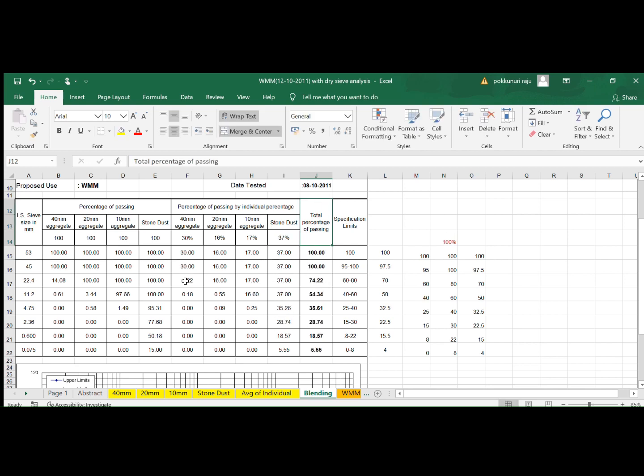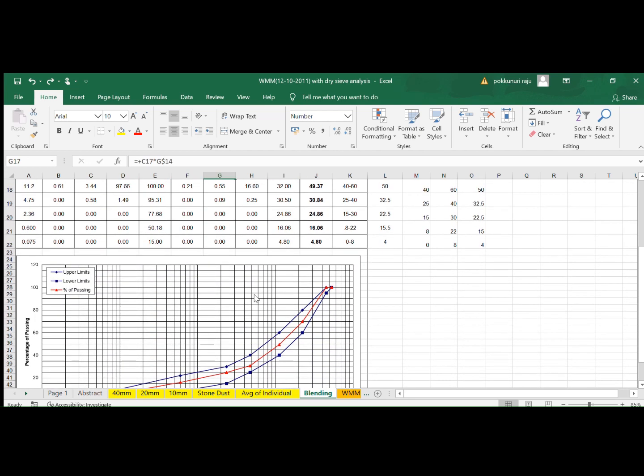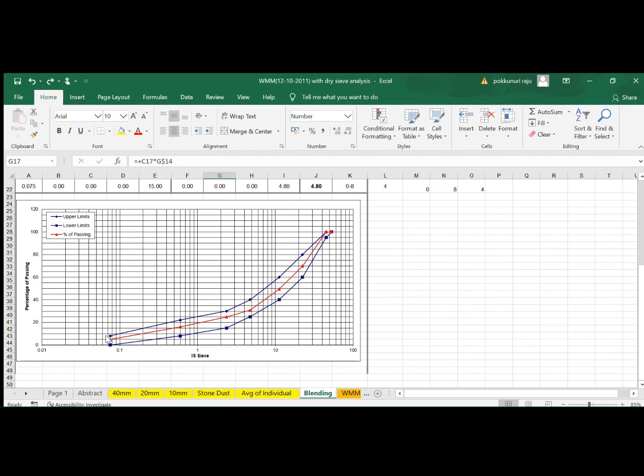Okay, then the percentage passing will change. So, by doing hit and trial theoretically, you will come to know what percentage passing is required so that my grading should be within the limit, close to the median. Now, when you see the graph, this is the upper limit and this is the lower limit of the percentage passing from each sieve